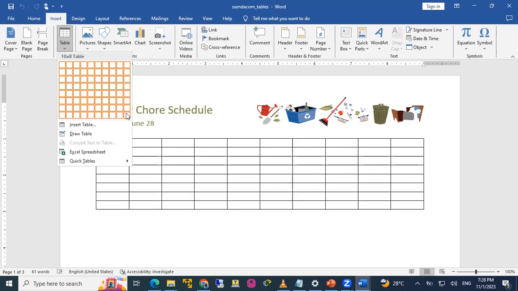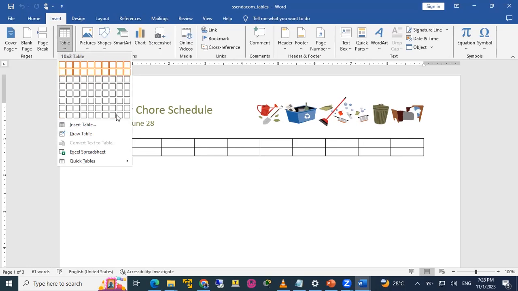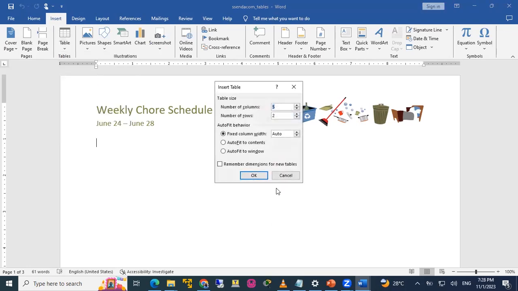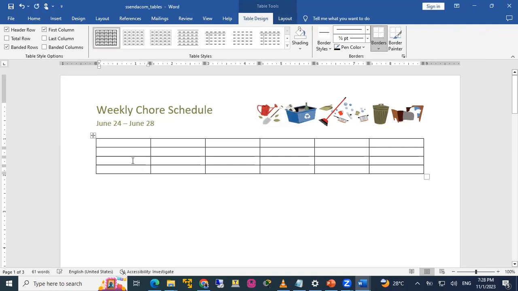But once you want to exceed this 10 by 10, then you go to what? Insert table. Then I enter the number of columns. So I say number of columns 17, number of rows maybe 20. But once it's in the range of 10 by 10, I can always use the manual one. So I can do, let's say, 6 by 4. And I say okay. So this is how we start with the table.